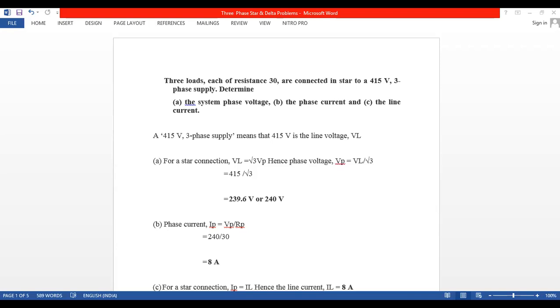What is the formula for average current? 1 by pi integral 0 to pi I of t dt. So I repeat, 1 by pi: the denominator is the length, and the integration is from 0 to pi. 1 by pi integral 0 to pi I of t dt. Okay, so RMS current means a modification of this one.